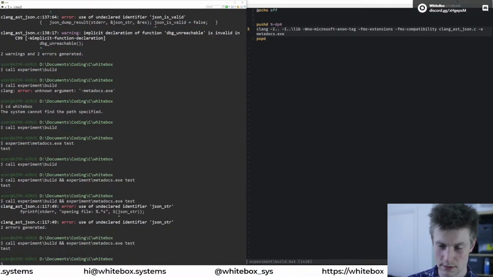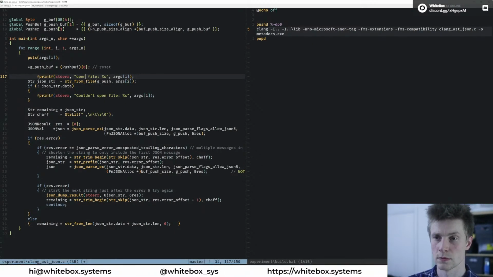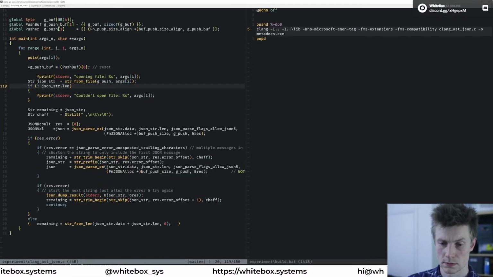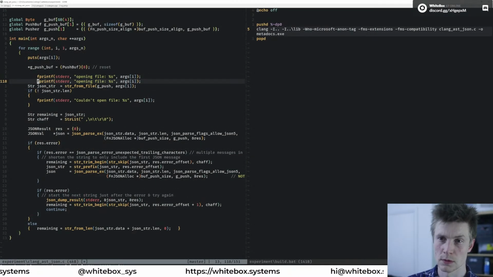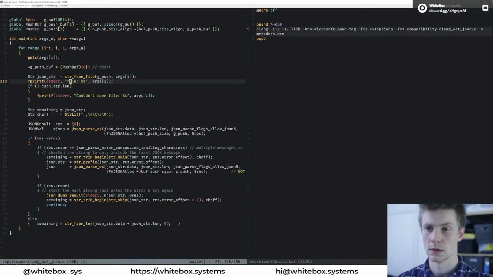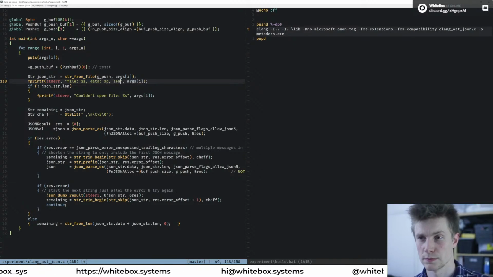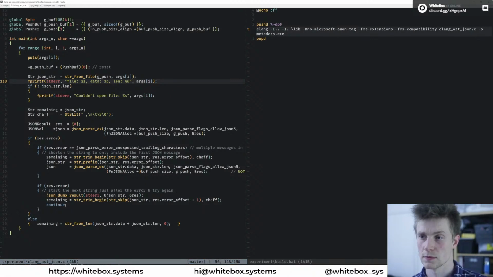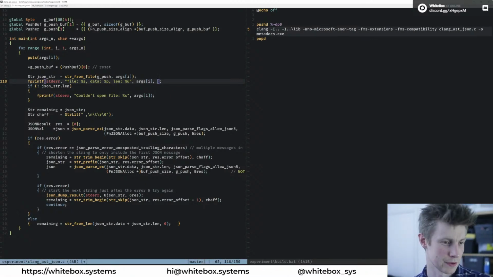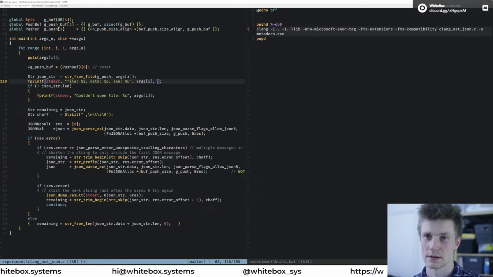Yes, let's... Yes. I'll start using a debugger on this in a sec, just rather than using printfs, but actually,